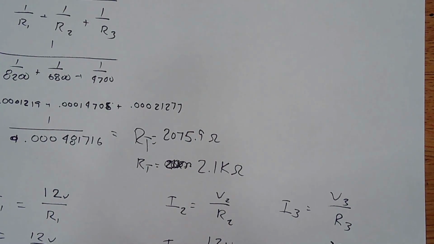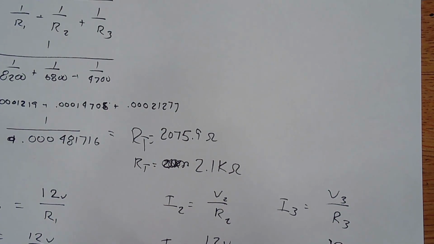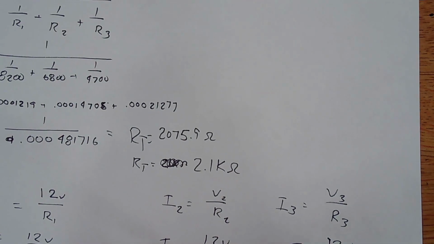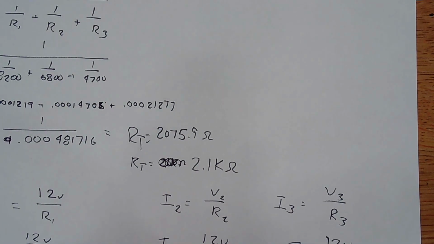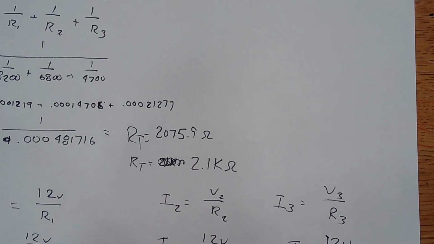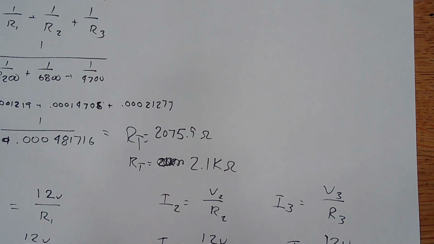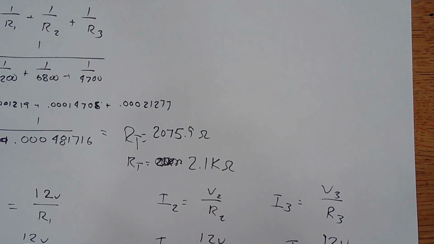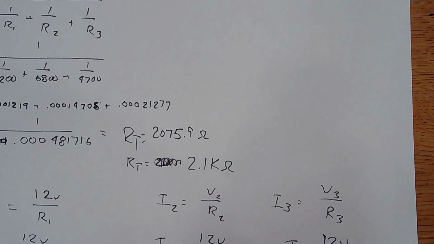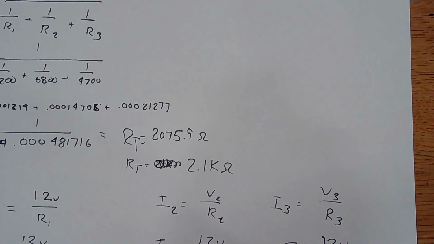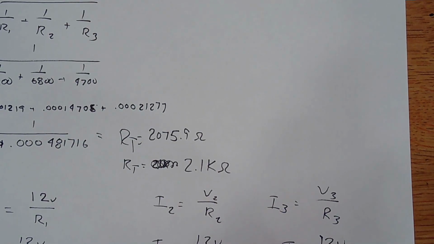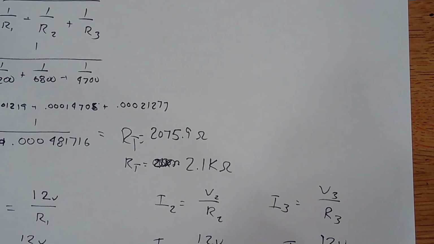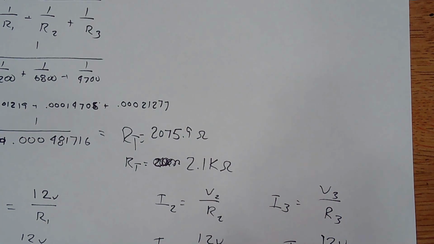Current at 2, 12 volts divided by 6,800, 0.001767, 1.765 microamps. And the current at 3, 12 volts divided by 4,700, 0.00255319, which is